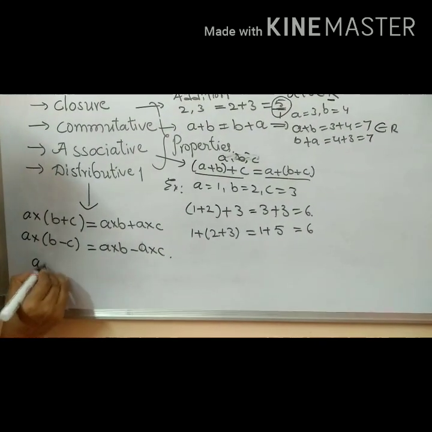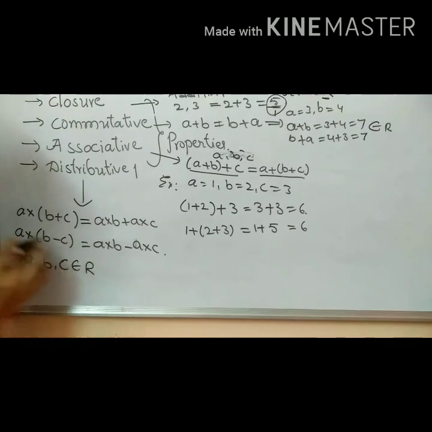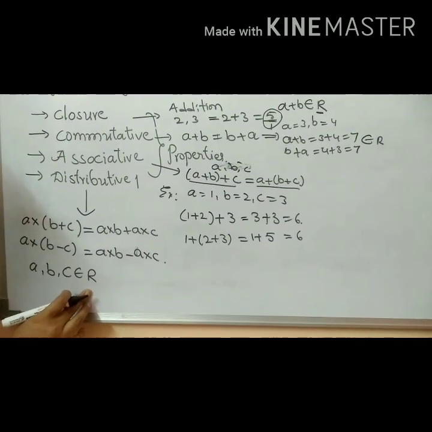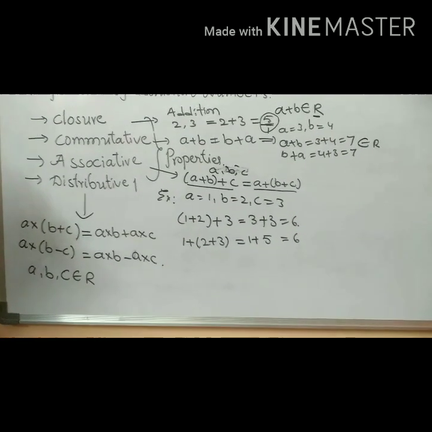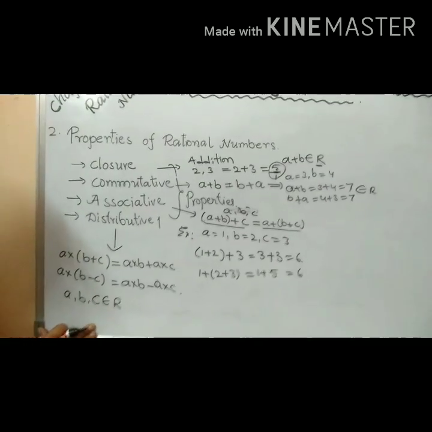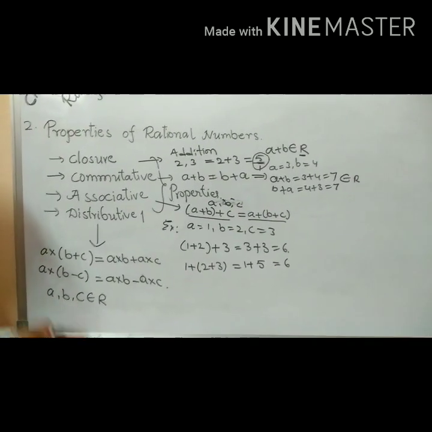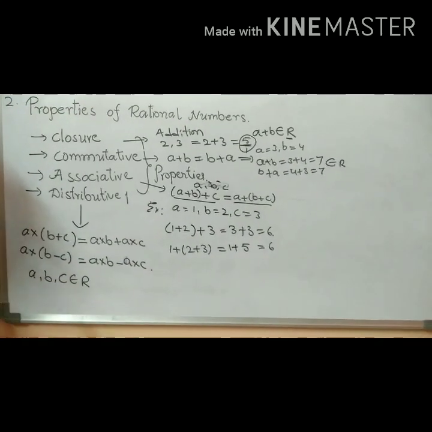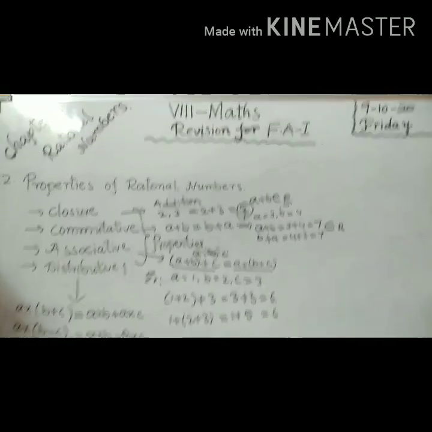And here A, B and C belong to R. In this case, A, B, C belong to R, and B is a non-zero real number. It is a property of rational numbers. Did you understand this, children? Okay. Next, is it possible or not? So far we did addition only. The remaining are subtraction, multiplication and division also. Now once check that, okay, children.